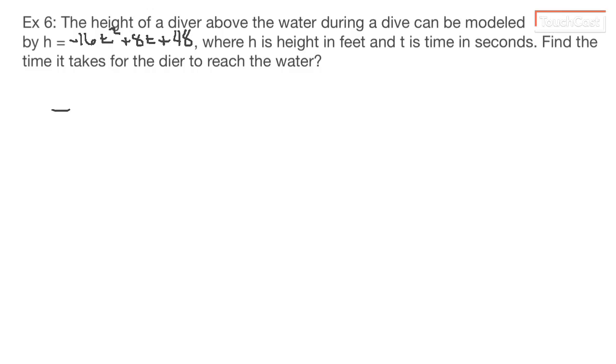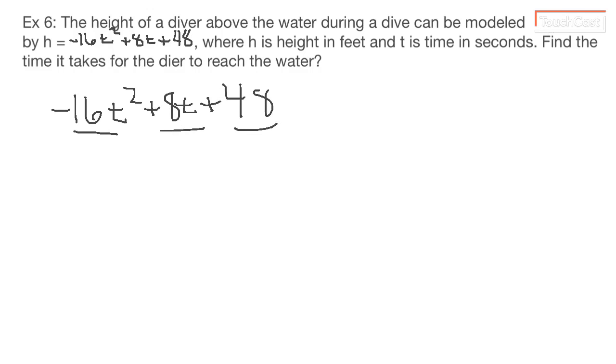We're going to take negative 16t squared plus 8t plus 48 and factor it. Now I look at those three terms and I know that they are all divisible by 3. So first we set it to 0 and I said divisible by 3. I really meant to say divisible by 8, and since we have a negative out front, we're going to take